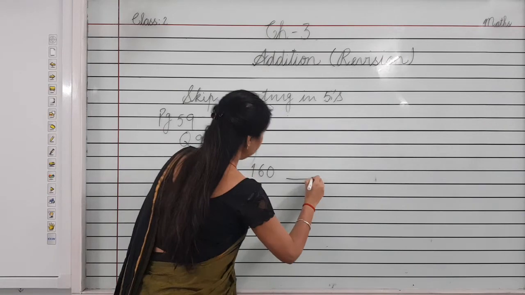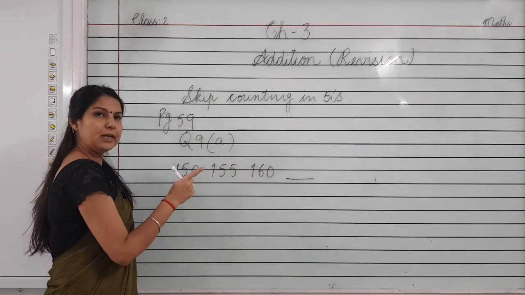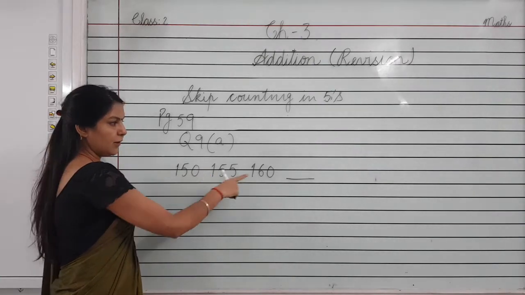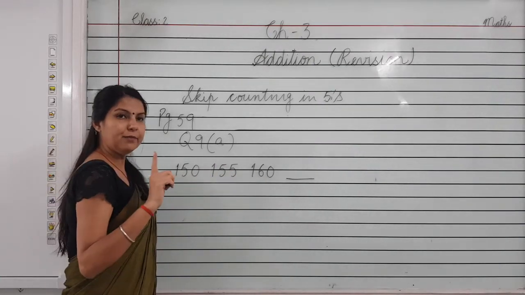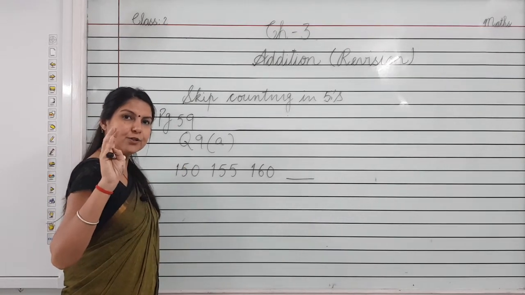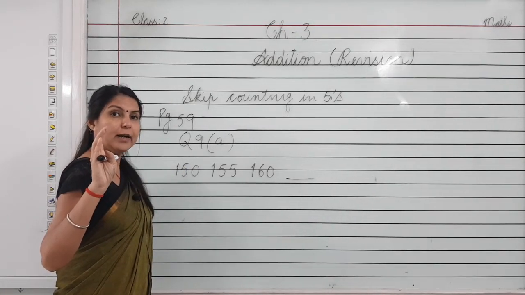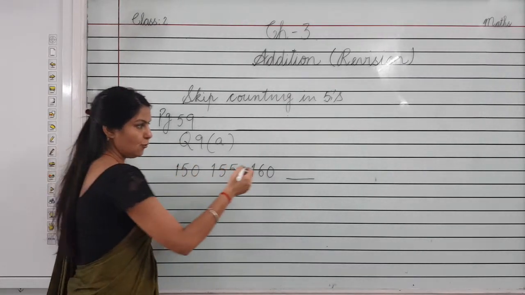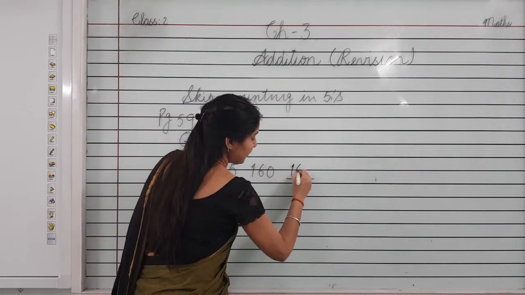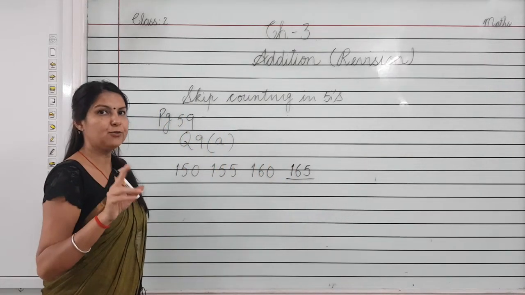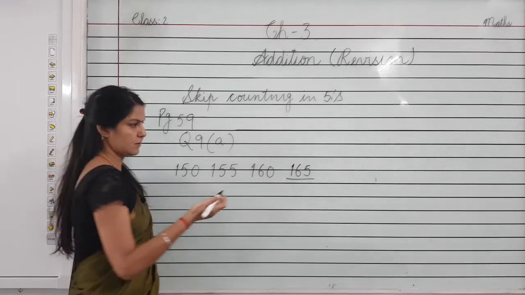And you can do one more thing. You can change the ones place here to zeros and 5. After 160, which number will come in 5s? Check the numbers 161, 162, 163, 164 and 165. Here 5 is at the ones place. So we will write 165. And you can leave 4 numbers and write the fifth number on the blank place.